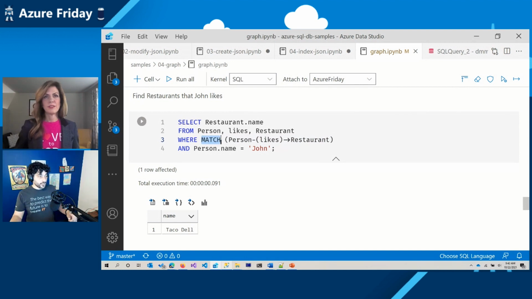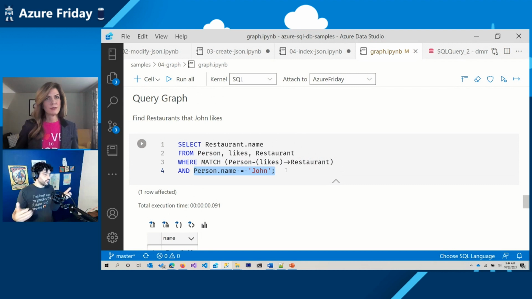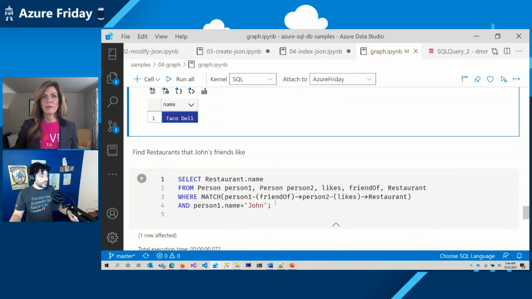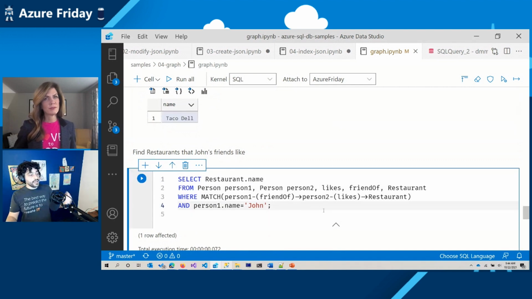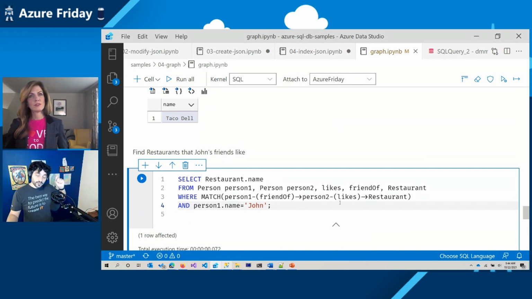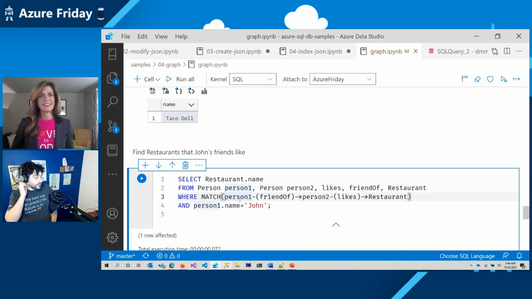So we can use the match keyword here to say that I would like to find all the restaurants that some person has liked. Specifically, I'm focusing on John. So I would like to find the restaurant that John likes. Taco Del, perfect. And then here we can go a little bit deeper into complexity and ask, what are the restaurants that have been liked by a friend of my friend John? Right. So you can start to build some complex stuff here, using this kind of match